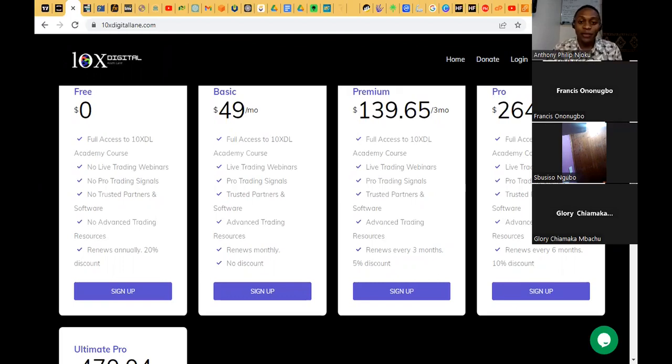So lastly, if you gain access to our 3 months up to the 1 year package, you'll be given a $5,000 startup capital from a prop firm we're partnering with to start trading with. That's just for the 3 months to the 6 months package, sorry, to the 1 year package. So I don't know what you're waiting for. I don't really know what is pulling you back, but this is the right and best choice for you as a trader right now if you want to transform your trading experience and your trading journey.